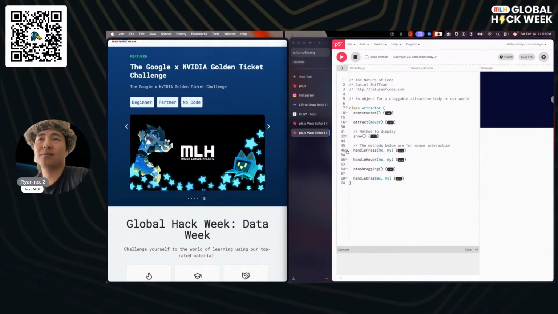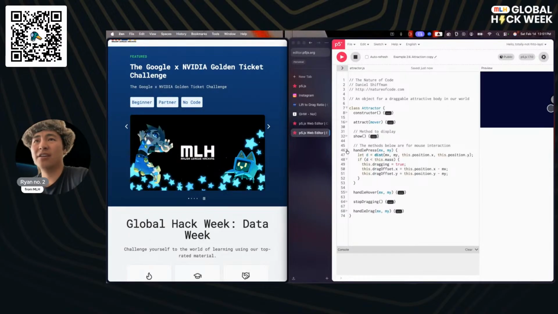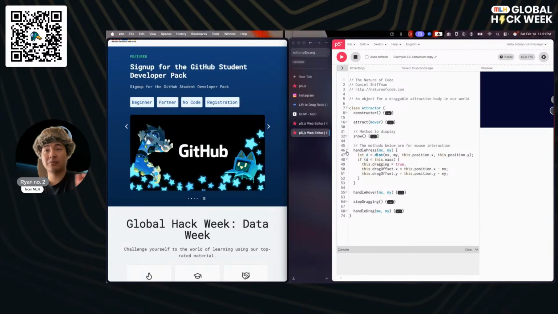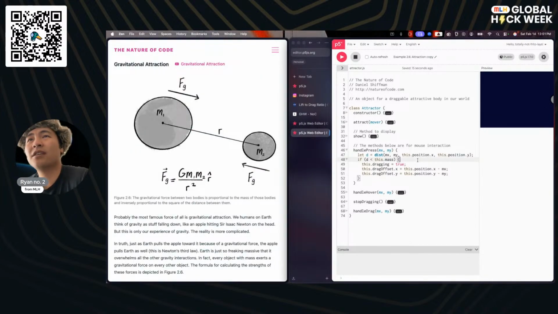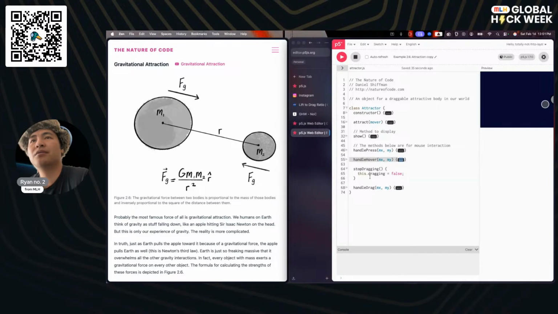And then we have some things to handle mouse interactions. I don't think there's going to be anything too crazy here. I don't think this is important for us to look at in the context of the simulation, because this is really just checking to see if it is pressed, and if we are hovering over it, and then we set whether or not it is being hovered over, this.dragging equal to false.